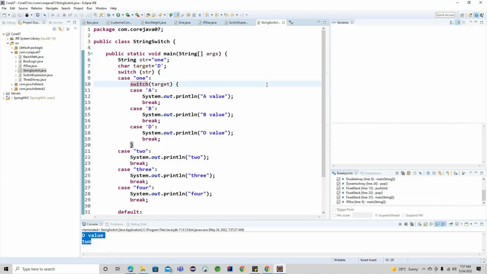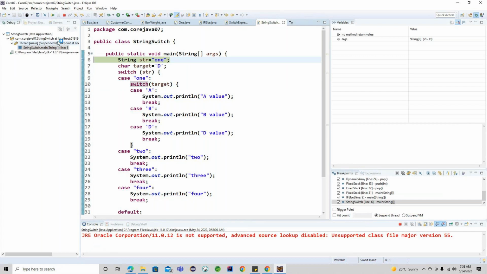Let me debug this example. The output we expected is different, but it's printing something different here. So str1 target D, and now you can see the switch case is executing here. Now observe D value is printing. Once it is printing the D value,